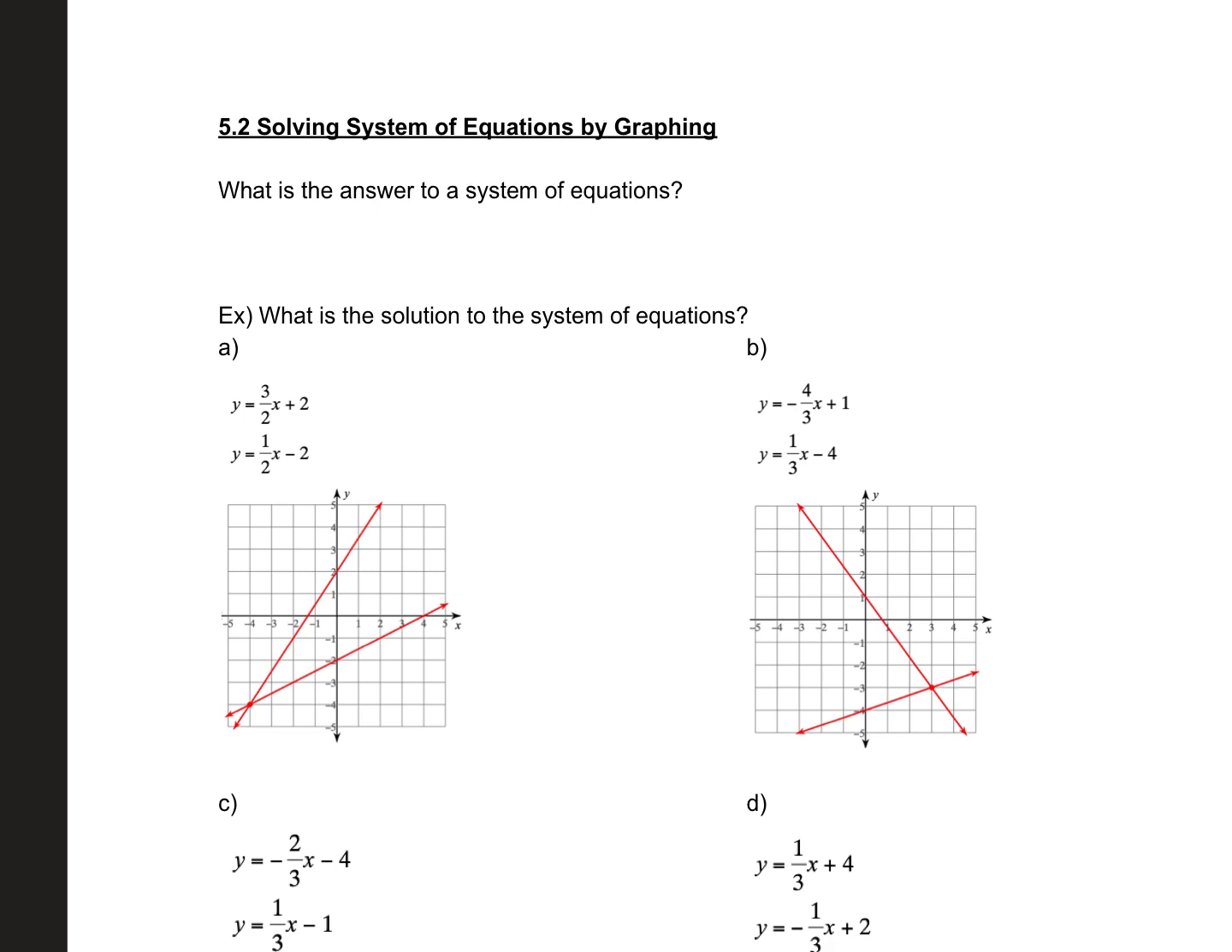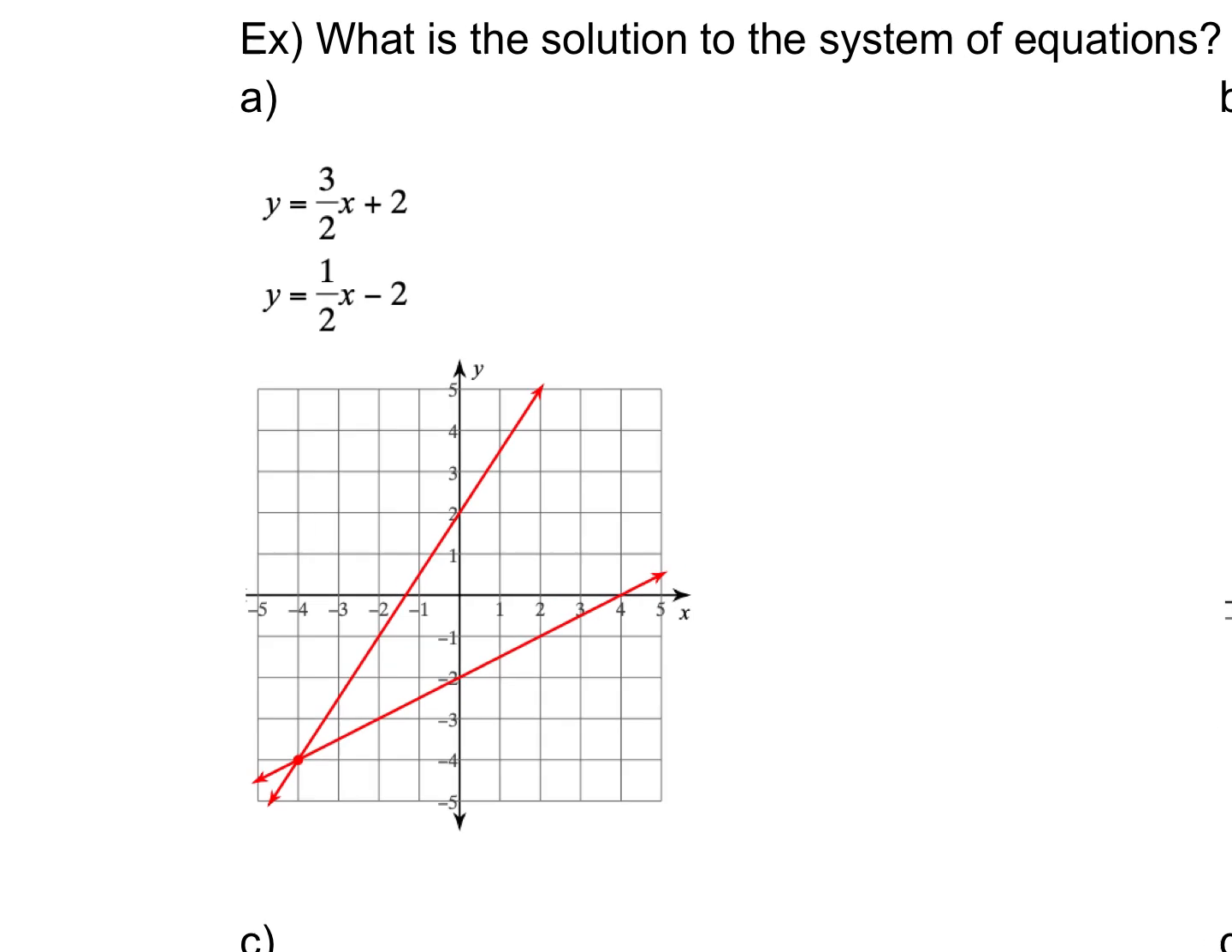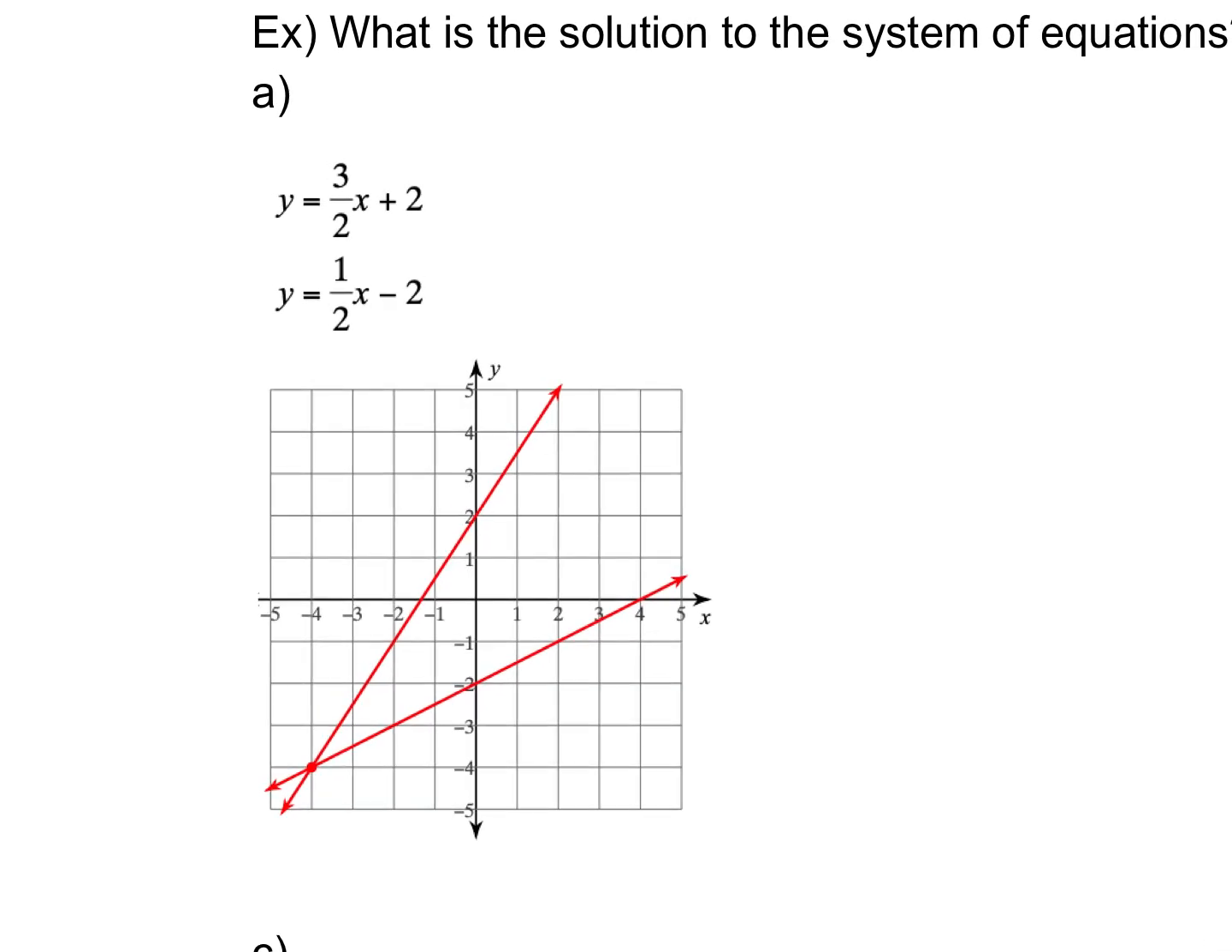So section 5.2, we are working on solving systems of equations by graphing. Now, for these first two examples, a graph is already given for us, which is really nice. So if we look at example A, they give us the equations, but we also see the two red lines